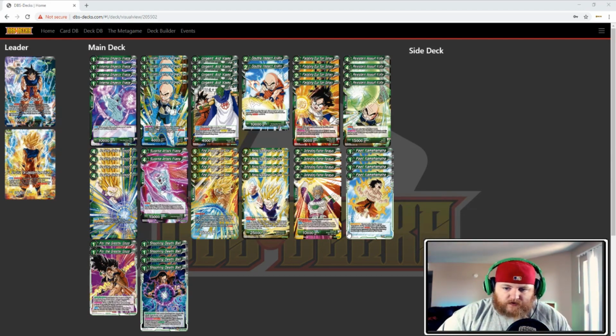You can only play 1 Final Showdown Son Goku per turn. And then he's got the auto whenever he comes into play. Choose up one of your opponent's battle cards, ignoring barrier, and KO it. So this is a really great card overall. You're able to play it for free. So it's a 5-drop 20k, or 5-drop 25k that you can just play for free with Double Strike, which is nice